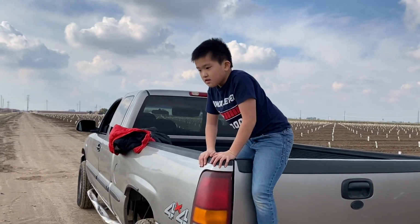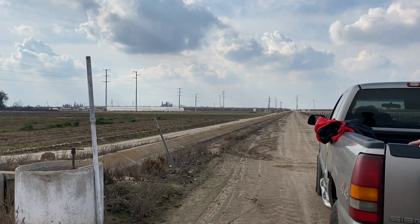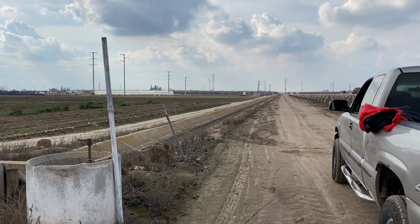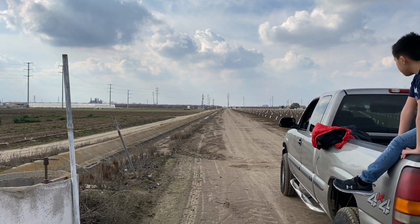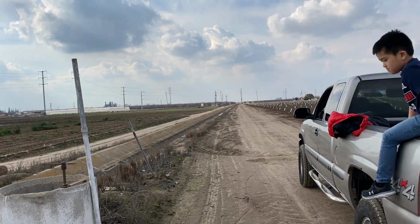Yeah. How do people get from this side to that side with the car? Because you can't just drive over. So this is the canal, right? This is the canal. They bring the water. So the water gonna flow through the canal to the farmers who are on the other side. Okay. So in order to go to the road on the other side, you have to go all the way to